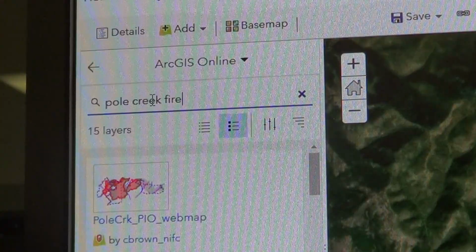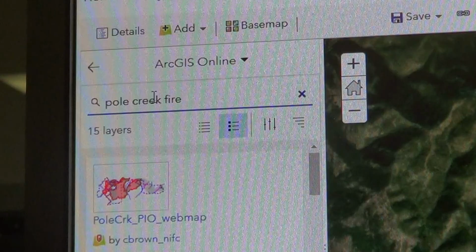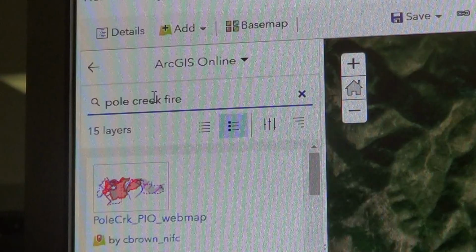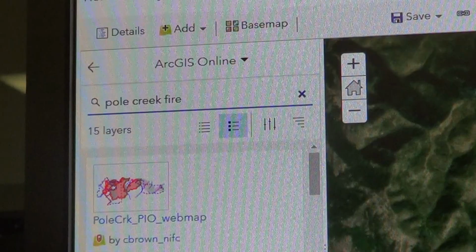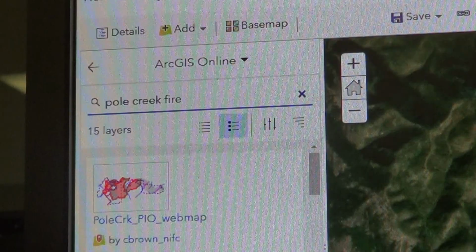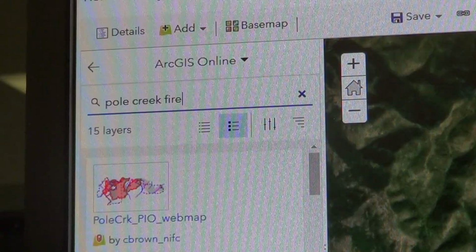But instead of looking at their map, because they would release the map once a day, I would look at their actual map that they create online, because they would update it every couple of hours. And so you could see where all of the new